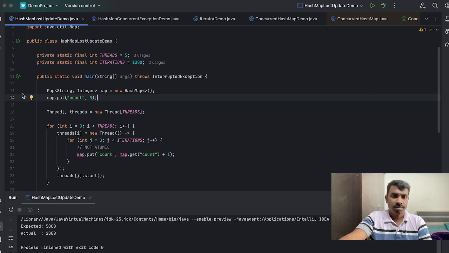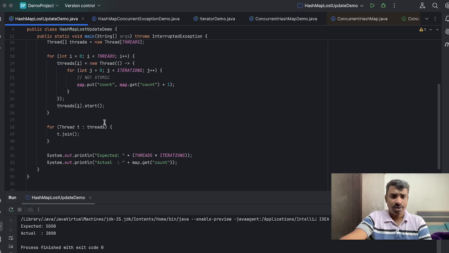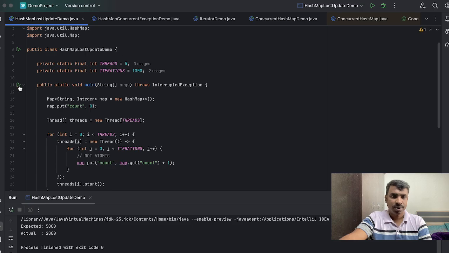So I am running this application. Here you can see I am printing the expected value 5000. Let us see what actual value we are getting. So I am running it. Here you can see expected is 5000, but what we get is 2508.